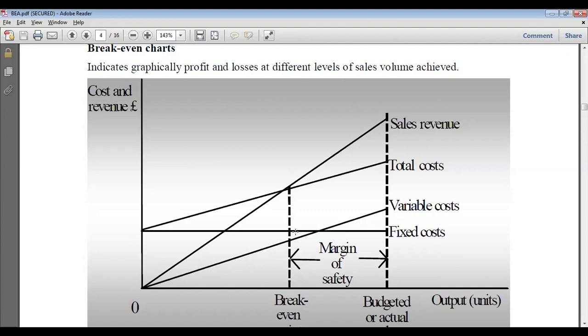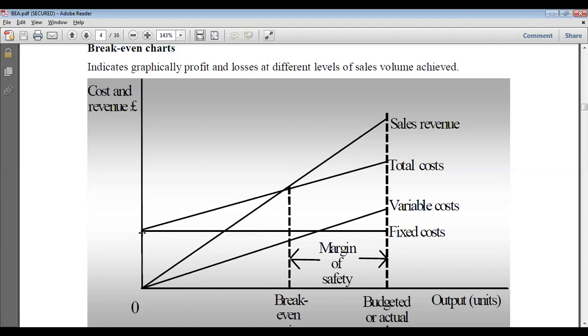And fixed cost is fixed cost. It does not compromise with the quantity. One product or 5,000 products, fixed cost remains the same. So when we depict this line, when we calculate total cost from here, we will have this much fixed cost, and then the variable cost will add up to this. So the total cost will be fixed cost plus variable cost. So this line, total cost, is a combination of fixed cost plus variable cost.